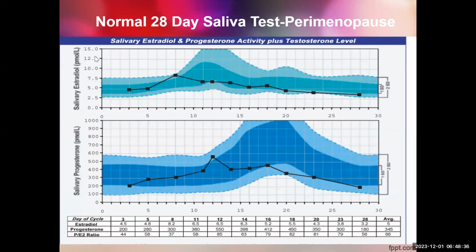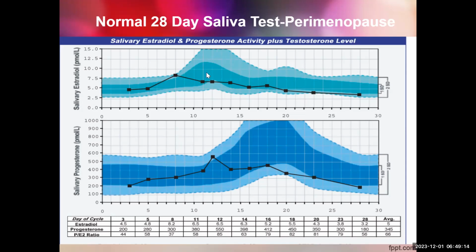Okay, so one thing that we sometimes will look at is a 28-day saliva test. A lot of the lab companies will do this. I think this one was from Doctor's Data, if I remember correctly. What you do is you'll get a kit, and it'll have 11 tubes in it, and it'll tell you when to do it. So it'll do it on day 1, day 3, every other day, day 5, day 8, and there's 11 samples, and you want to follow the natural progression of your